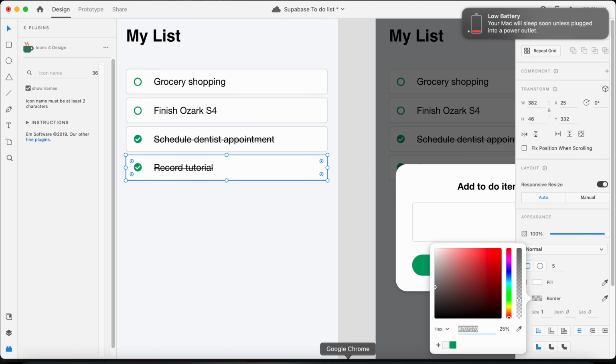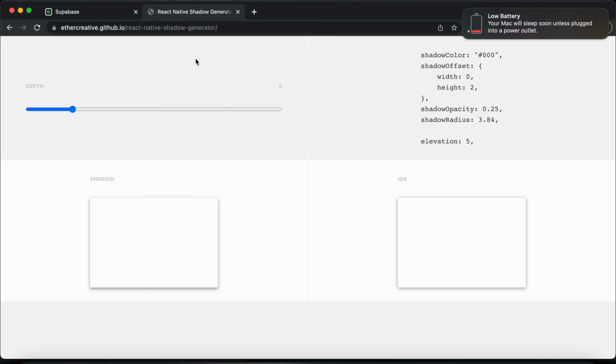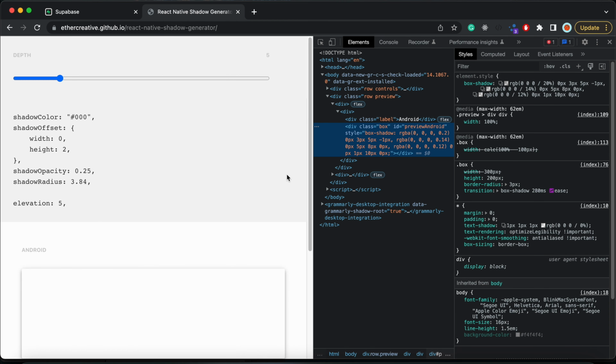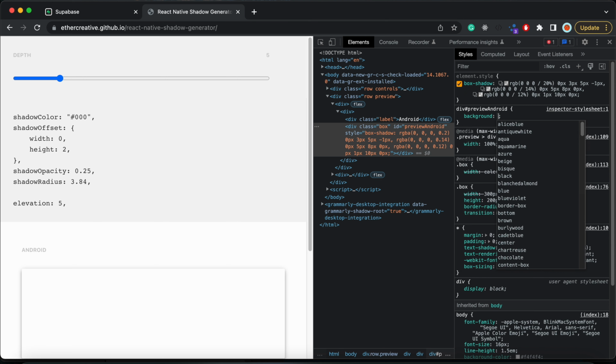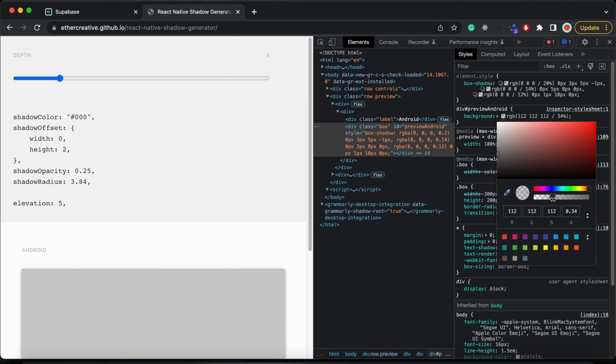Okay, so let's use the RGBA instead. So what I'm going to do is, let's do it here. And then this will have to be 25%. Then I can just copy this